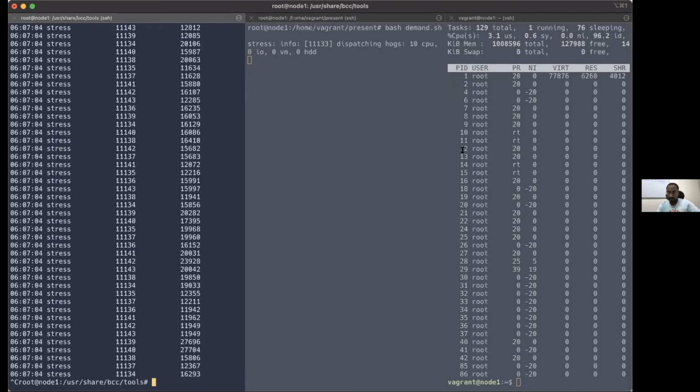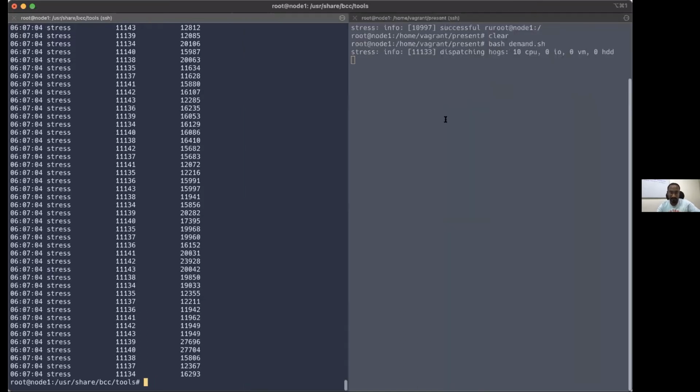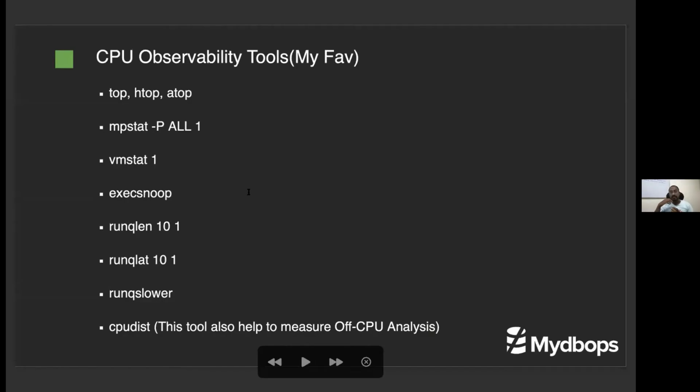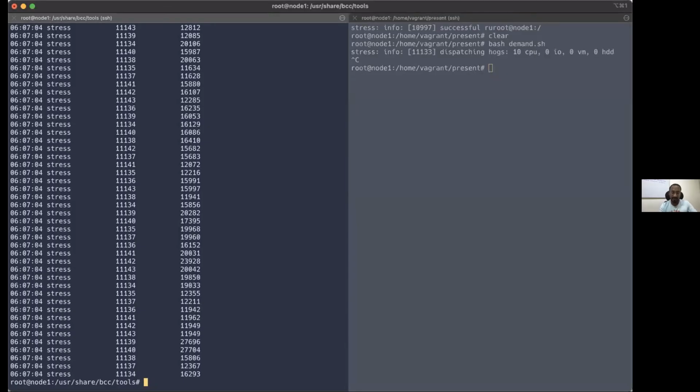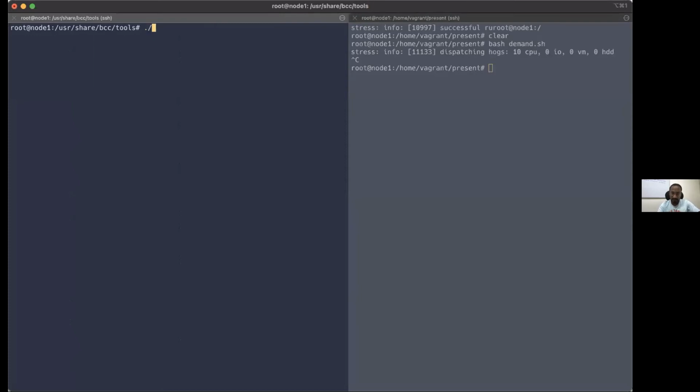So the next thing is, I'm closing this. The final command. Now we saw load, CPU utilization, the run queue length, latency, which process is spending how much time in the run queue, and a lot of things. All this information is before the CPU. What am I actually doing in the CPU, how much time am I spending in the CPU? That is the important question, right? I have some tick time, how much time really matters for me. Whether I'm really using my CPU effectively can also be observed by the cpudist tool.